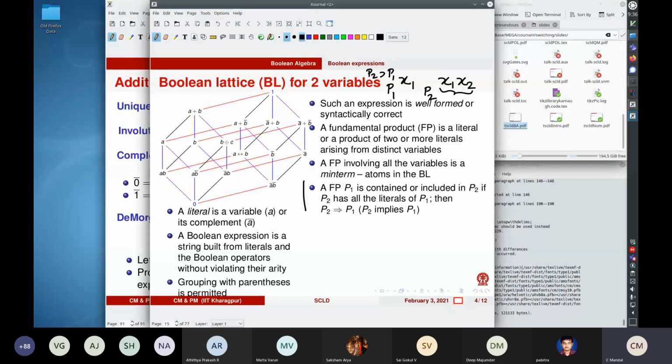In this case P2 is contained in P1, so P1 is contained or included in P2 if P2 has all the literals of P1. I think it will be that P2 is contained in or included in P1 if, or rather,